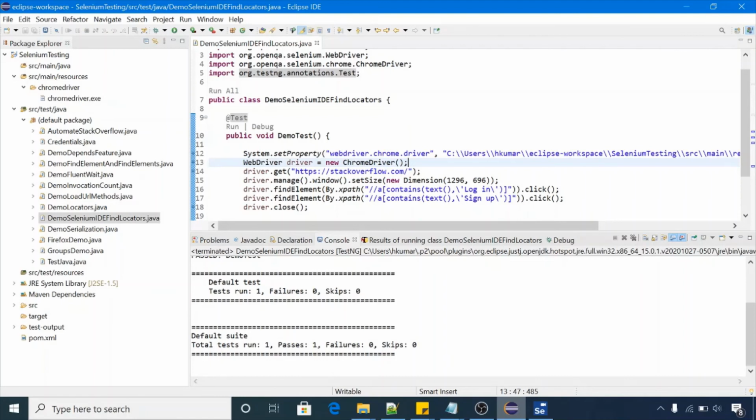Okay, so Selenium IDE is very helpful for developing Selenium WebDriver projects. So using this way you can use Selenium IDE to find the locators, as well as you can just copy paste the complete script to your Selenium WebDriver project. In Selenium IDE you have a C# export feature, Java export feature, JavaScript export feature.